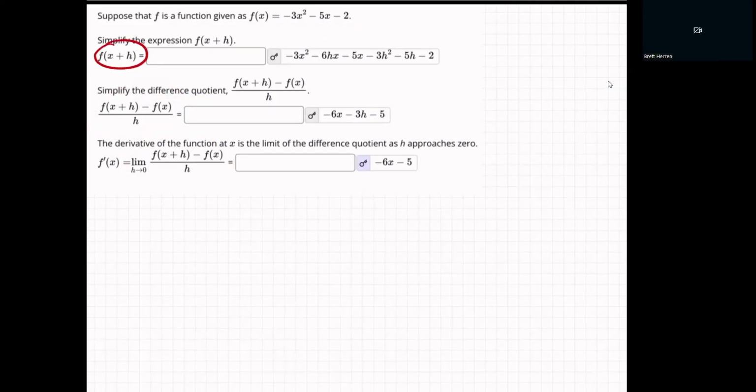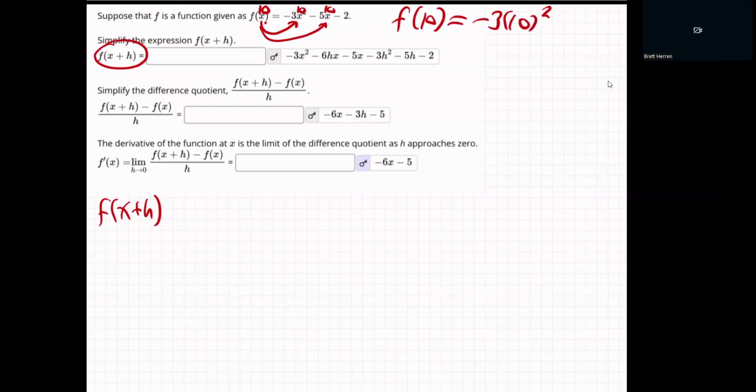So we want to know f of x plus h. Well, what that means is, you remember how a function works, right? Like here's the function up here. If I was to say, hey, what's f of 10? What would you do? Well, you remember how a function works? Anything you plug in here goes right there and right there. It's like the holes in a toaster, right? You put it in the toaster and you push down the lever. So if you put a 10 in, for example, the 10 is going to go right there and the 10 is going to go right there. It's going to be minus 3 times 10 squared minus 5 times 10 minus 2,